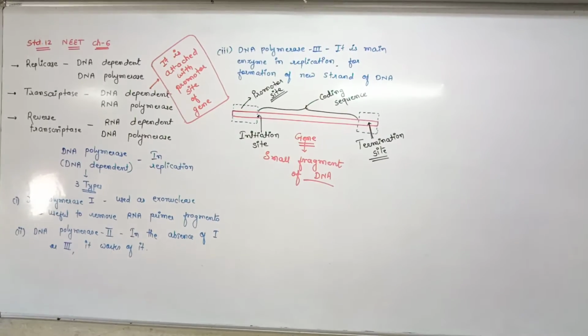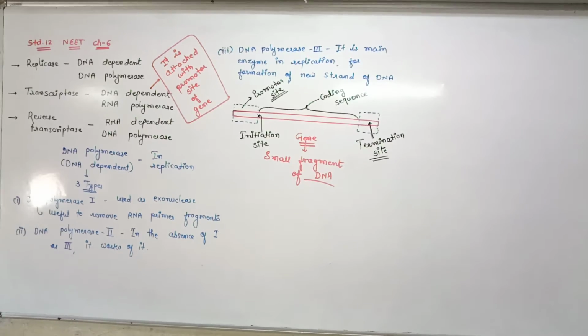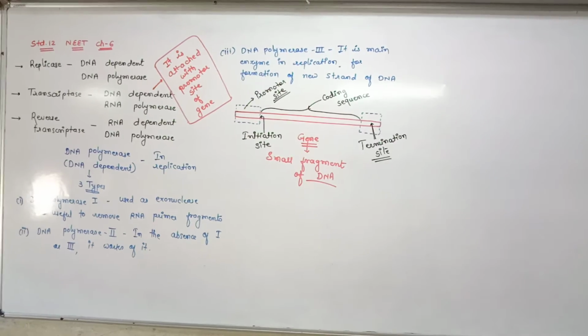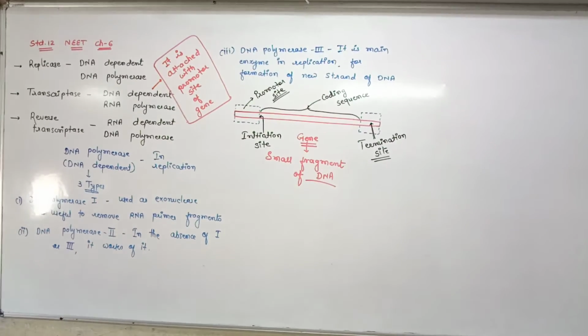Then DNA replication. Formation of the DNA strand is known as DNA replication. Question is this: in which phase does DNA replication occur? S phase. Yes. So during the S phase, DNA replication occurs, or during the interphase stage. Right? During the interphase stage, you can say mid-interphase. Okay. Related to that, these words are used there.